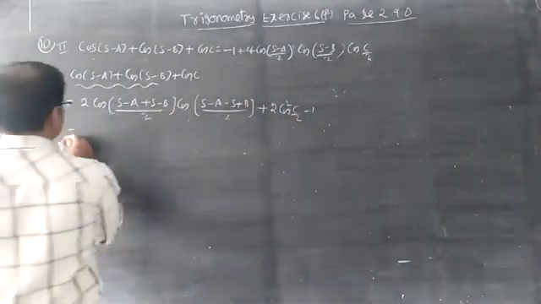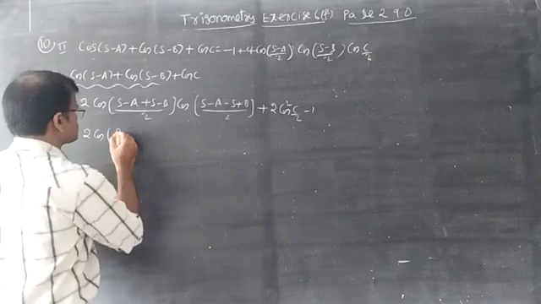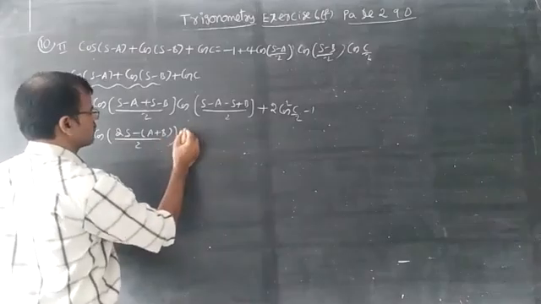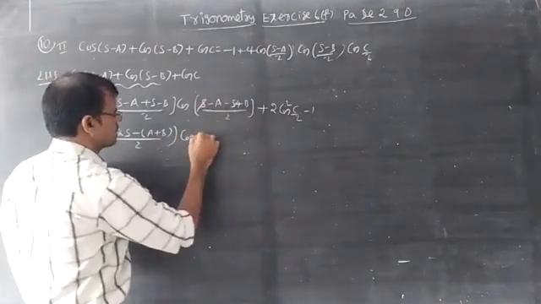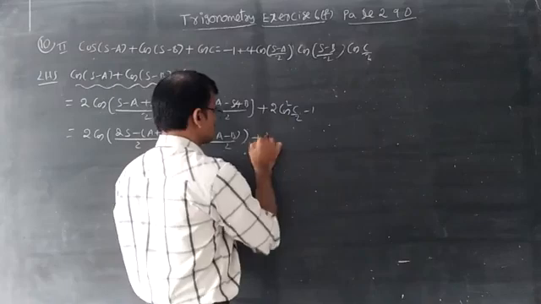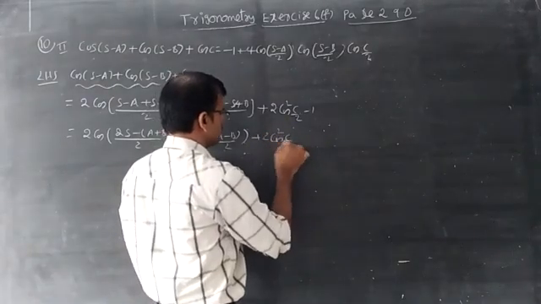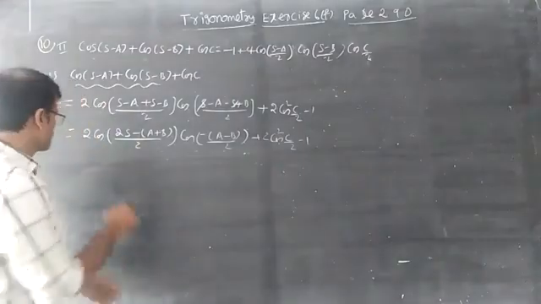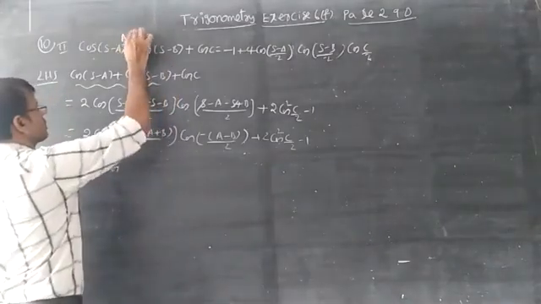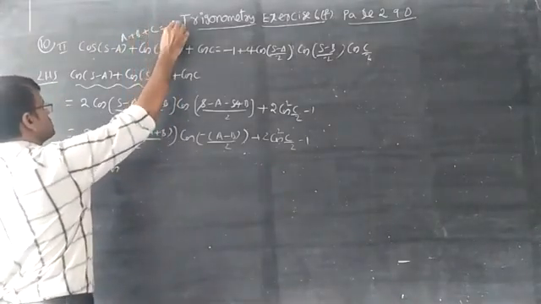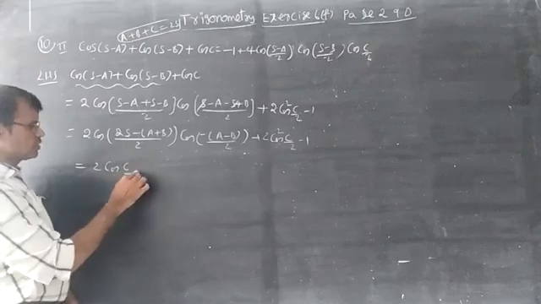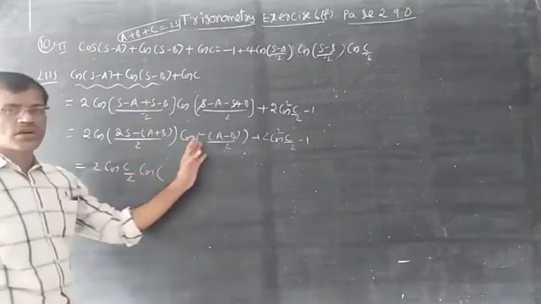2 cos square C by 2 minus 1, that is equal to, now write like this: 2 cos of (2s − (A + B)) by 2 into, s and s get cancelled, take minus comma, within the brackets you can write (A − B) by 2, plus 2 cos square C by 2 minus 1. Now 2s − (A + B), because the question is given as A + B + C is equal to 2s, so directly you can understand C. So it is 2 cos C by 2 into, there is no negative for cos.